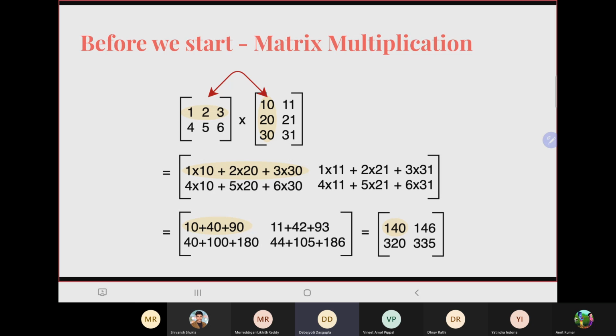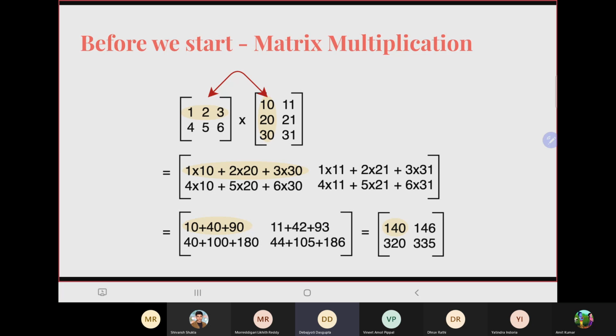And the second matrix is of the dimension 3 cross 2, 3 rows, 2 columns, right? So if you are multiplying this, what is the multiplication procedure? You take the dot product of the first row of the first matrix with the first column of the second matrix. That is, you take 1 into 10 plus 2 into 20 plus 3 into 30. First row, first column. This creates the first element of your dot product matrix, and then you will